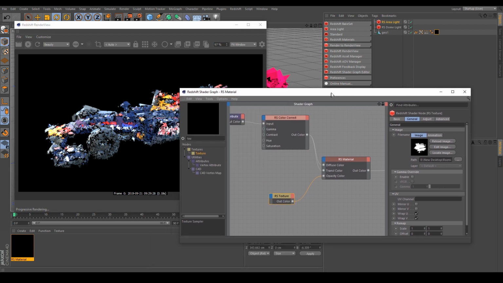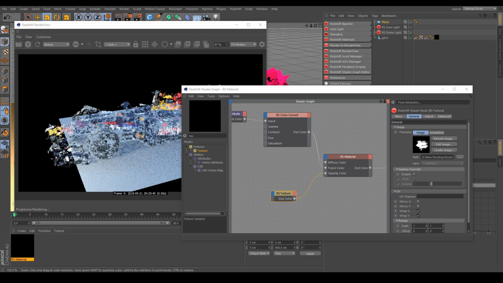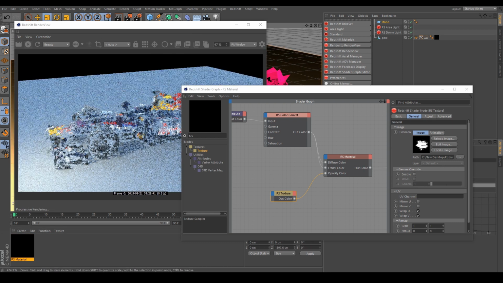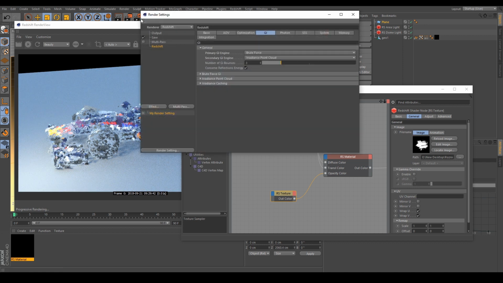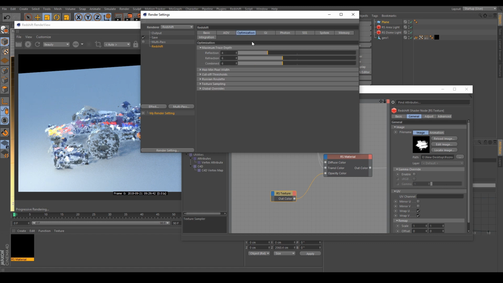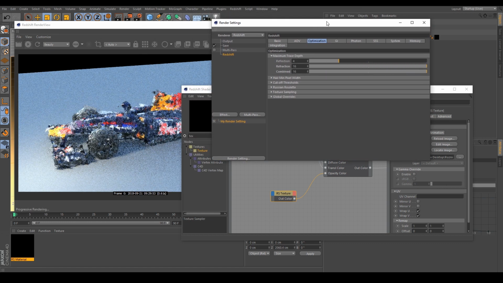So for some reason in Redshift, opacity doesn't work well when you have multiple stacks of geometry on top of each other. I think it's just the limitation of Redshift. So you can see that if I just add in a grid, we can look through the mesh, but we can fix that to some extent by going to the optimization and increasing the refractions and the combined. It does fix to some extent, but this adds a lot on our render times. So we can just revert that back to something low.